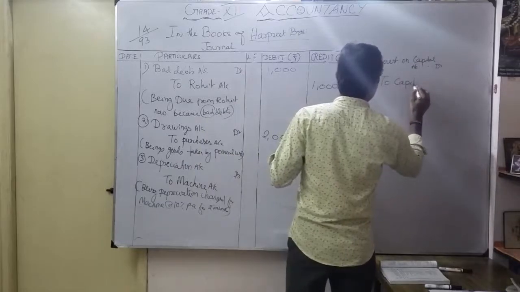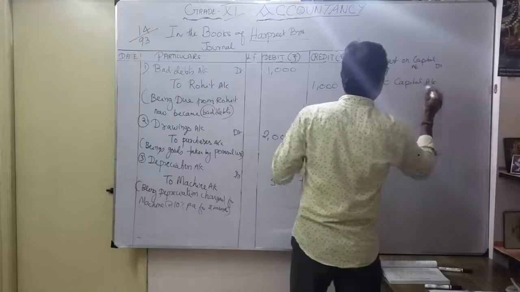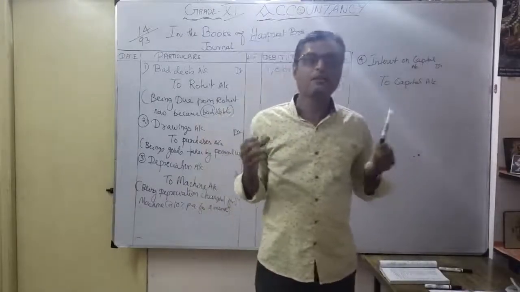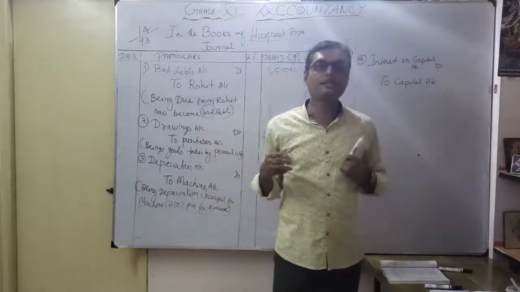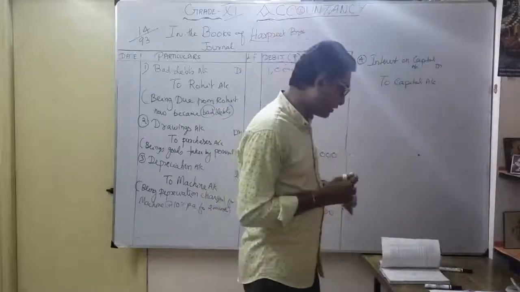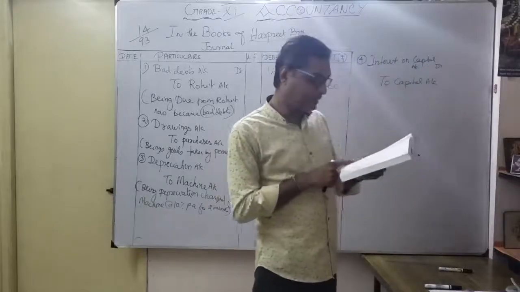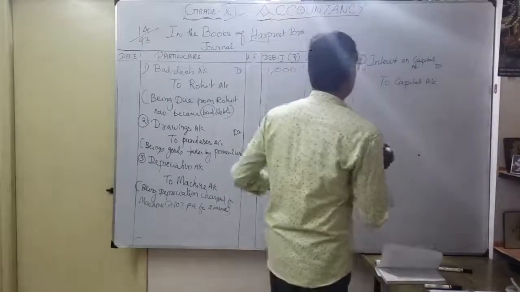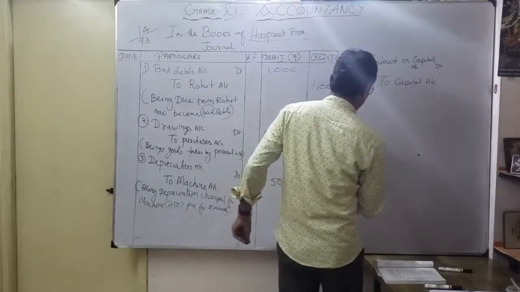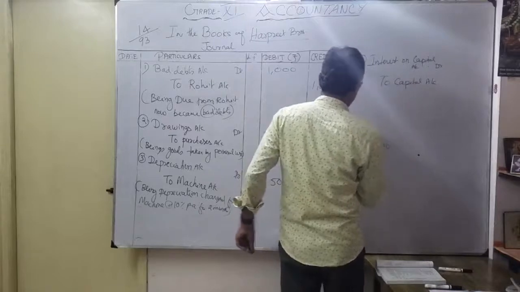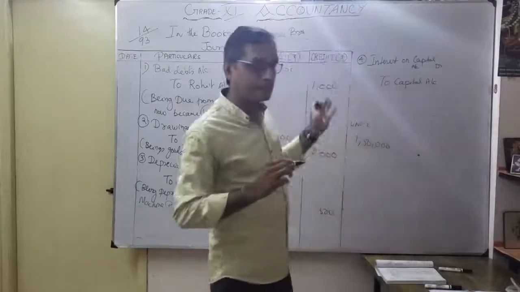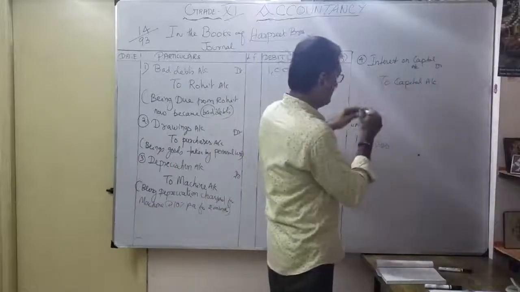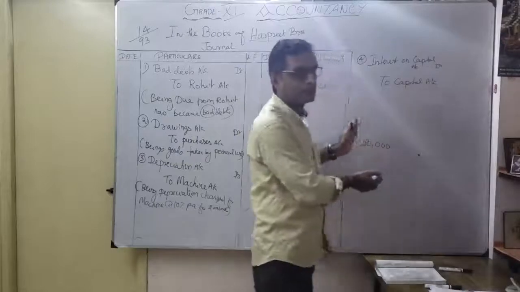This is the entry for charging interest. So what is the meaning of interest on capital? Whatever capital I utilized for the business, the company has to pay interest on it. How are they calculating? They have given in the transaction 1,50,000, 6% for 9 months. In the same manner, I am going to calculate here. This is working note number 2. Earlier we discussed depreciation as working note number 1 separately. Even you can calculate it inside the box. For understanding purposes, I am writing separately.